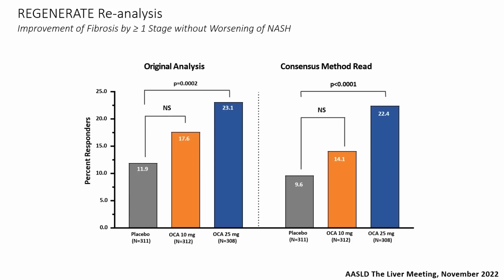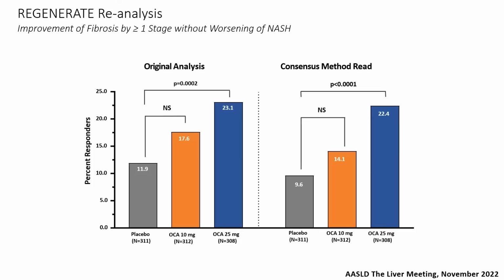Next. However, the Regenerate trial continued, and now we have more data that was presented at the last AASLD meeting. One thing they did is actually, instead of having one pathologist assess the slides for fibrosis improvement, as was done in the original analysis, they did a consensus pathology read where they had actually two pathologists that needed to agree before they took the final reading. And if they didn't agree, they had a third pathologist. And the idea here is that, sometimes the pathologist reading can vary. We have a lot of inter and intra-reader variability.